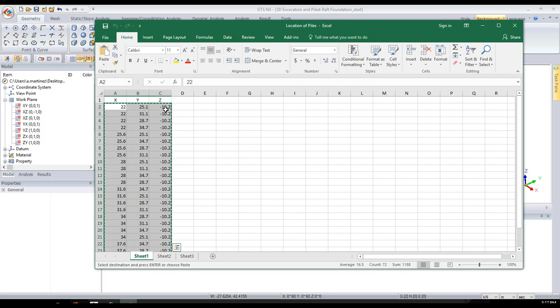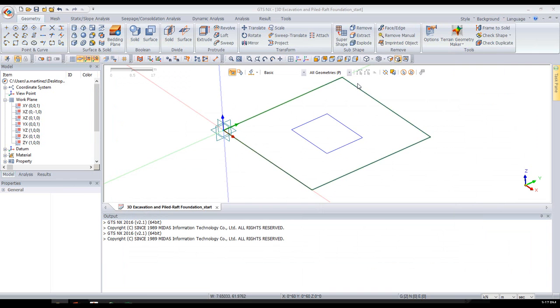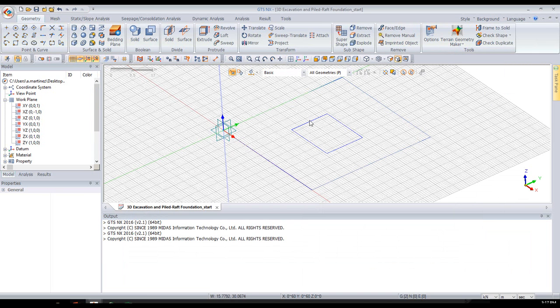In this case, they're all in the same plane. As we can see, the depth is at almost 10 meters, but it'll give me the coordinate location of all these points. So as I mentioned, I can turn on the grid and draw specifically points of where I would want my pile locations to be,